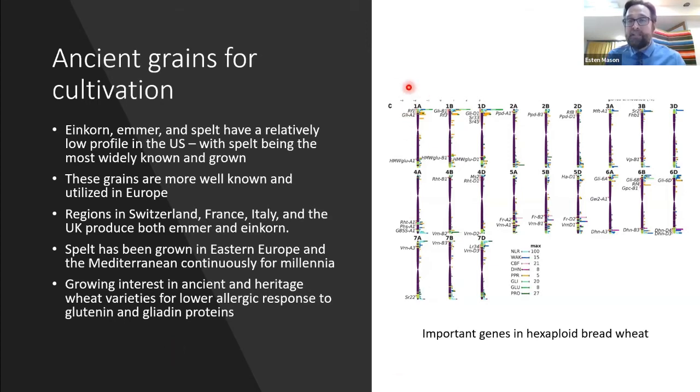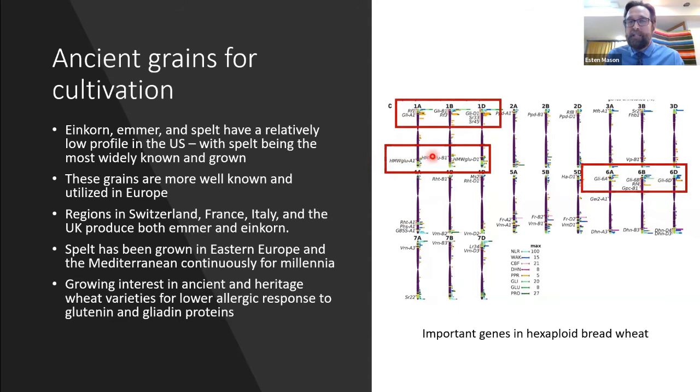And so just as wheat has evolved, here we have our wheat genome, we have an A, a B, and a D. As wheat has evolved, multiple copies of these genes have evolved that control protein function when we make products from wheat. So these would be the high molecular weight glutenins, and this gives us our elasticity in that dough. And so there's kind of three sets of these. There's the glutenins, the gliadins, and then another group of gliadins as well on the group 6 chromosomes. And so there's been an interest in, can we use these ancestral wheat species, these ancient species,